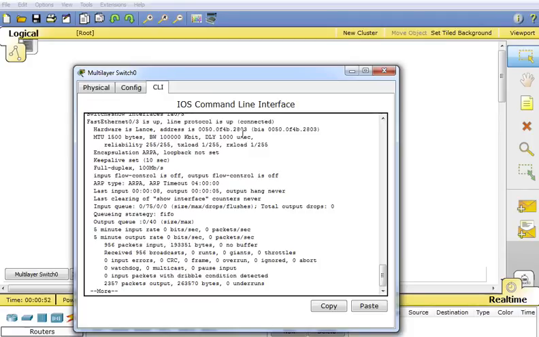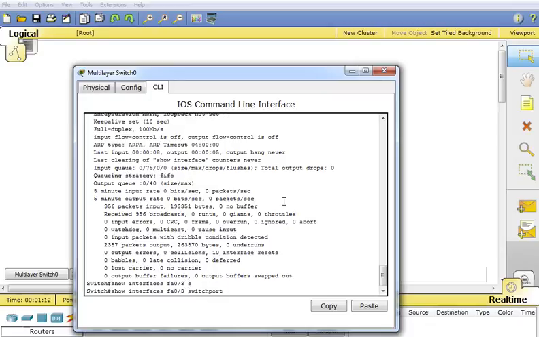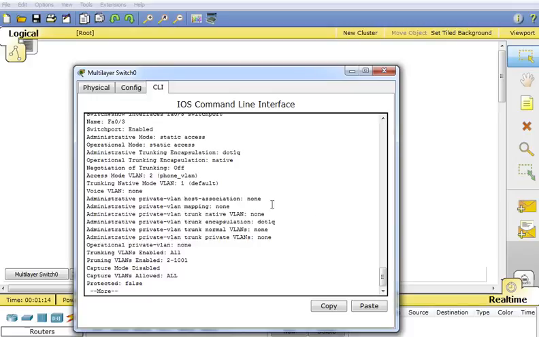These are more along the lines of the hardware settings. Interface is up, line protocol is up. So for us to have it working, it needs to be in an up and up state. Some statistics about the number of packets sent and number of packets dropped and some other stuff. So that is that. We also can run the show interface switchport, and this gives us information related to